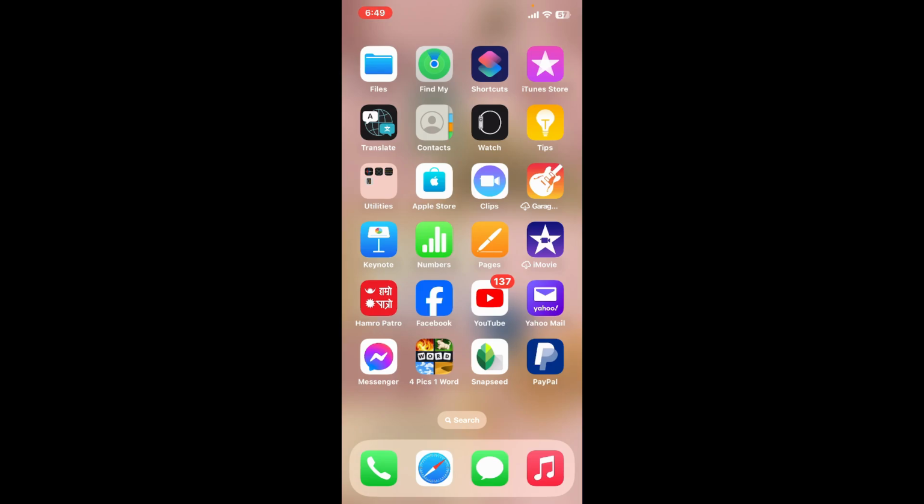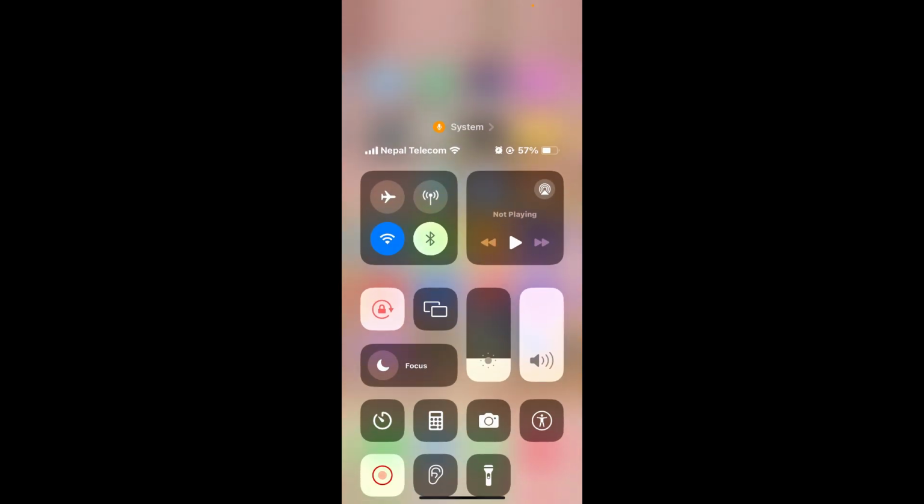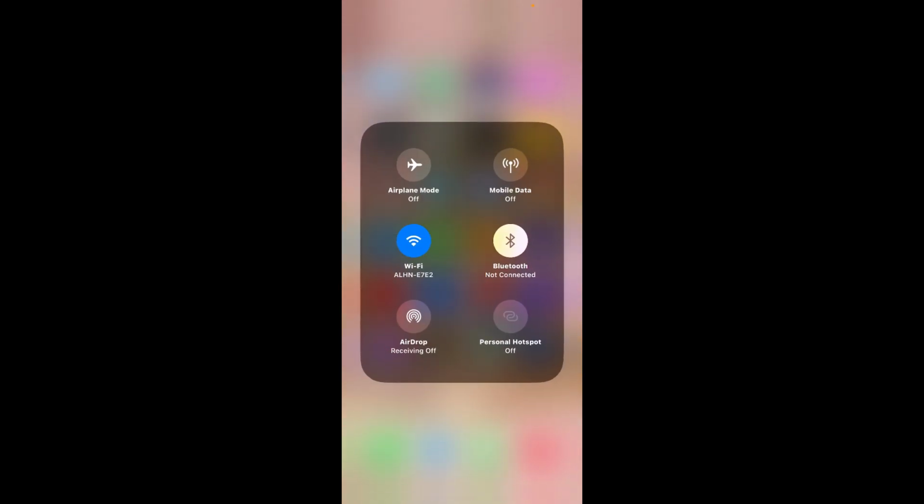In this video, we will be learning how to fix error with external gateway on PayPal. Fixing errors with external gateway on PayPal usually involves troubleshooting both your PayPal account and the device or network you are using. So the first thing to do is to check your internet connection, turn on your Wi-Fi or your cellular